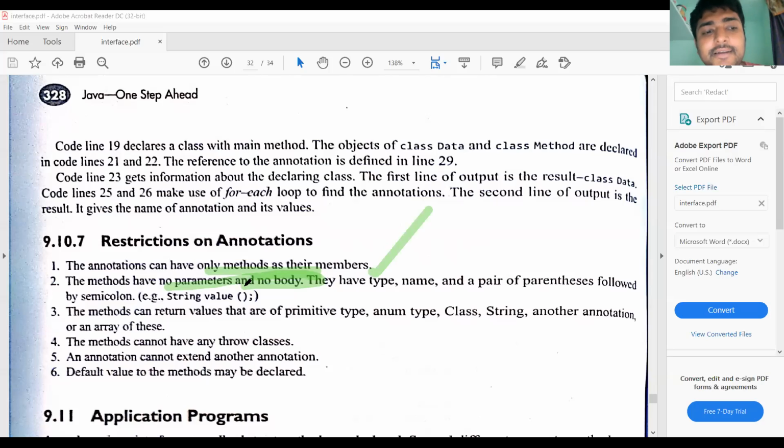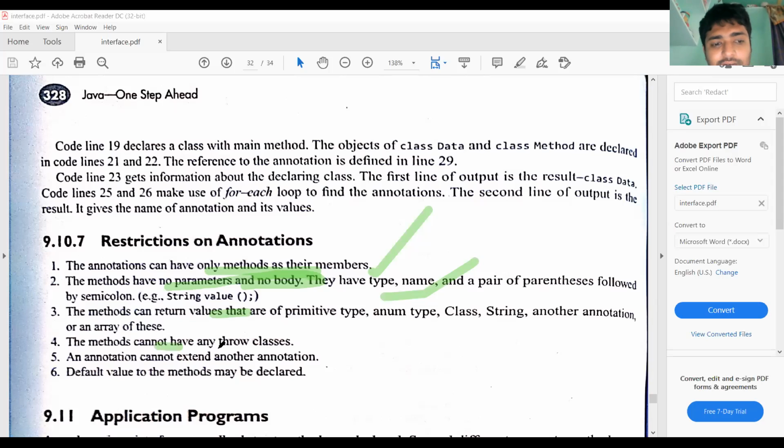The methods can have no parameters and no body. The method cannot have any definition anywhere in the program, and it cannot take parameters. That is a restriction. The methods can return values, either primitive or non-primitive.